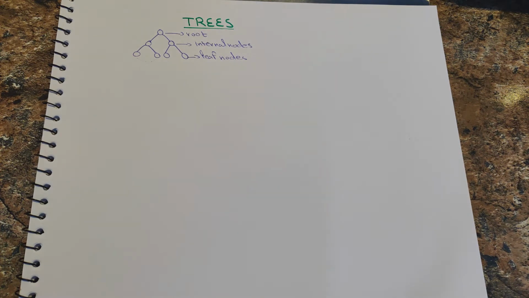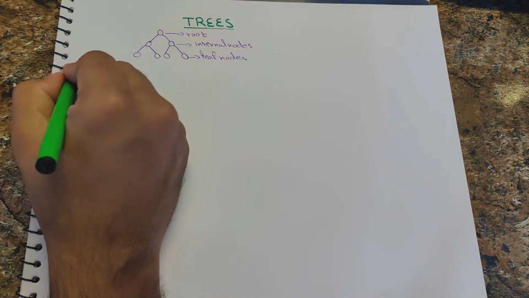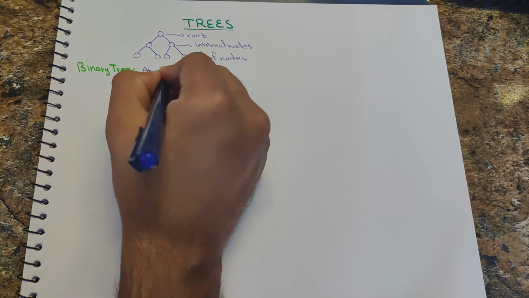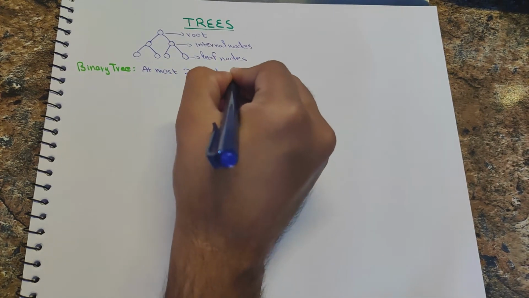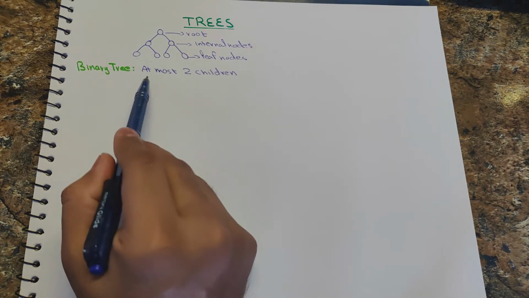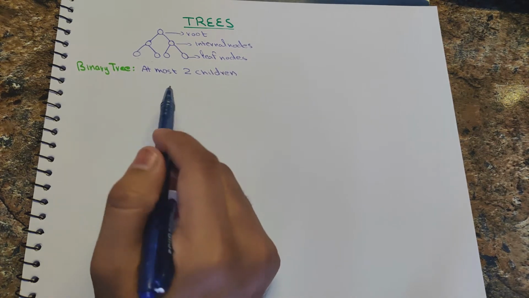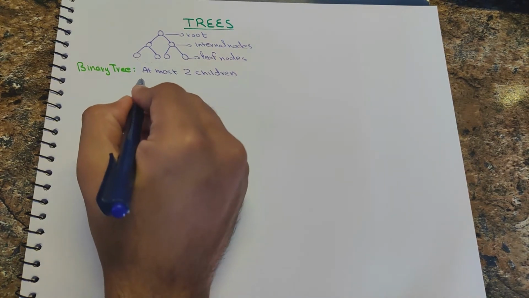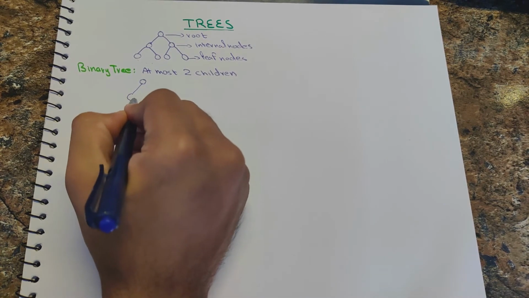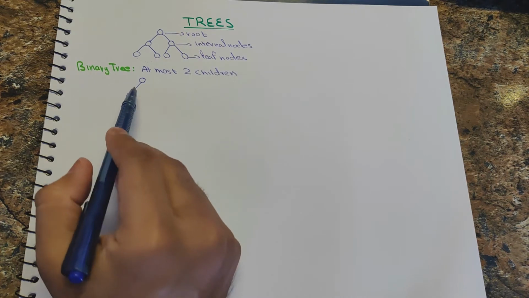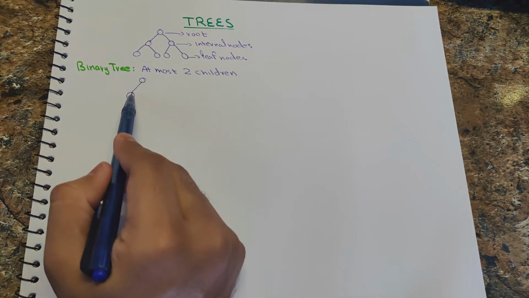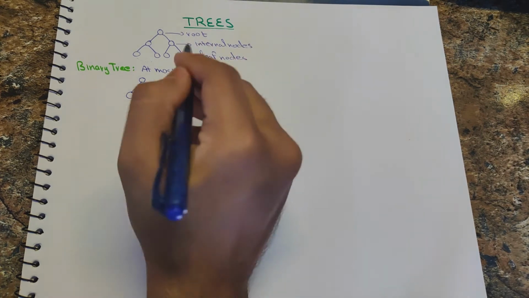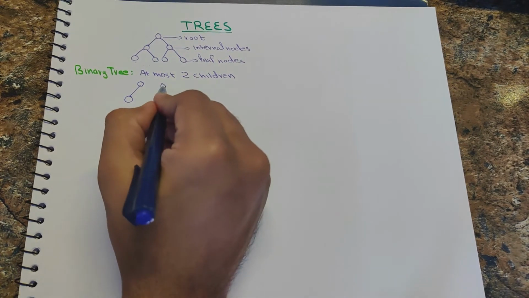So let's talk about the first type of trees. A binary tree has a very simple condition that says at most two children. So any node can have at most two children. Let's see how. For example, if we draw a tree like this, it can be called a binary tree. Why? Because this node has one child, which fulfills our condition of having at most two children. So if we draw like this